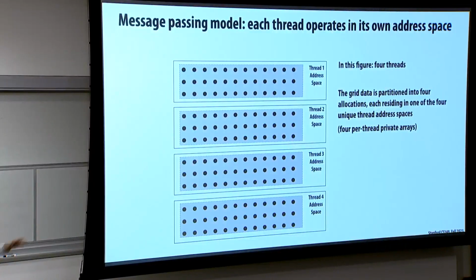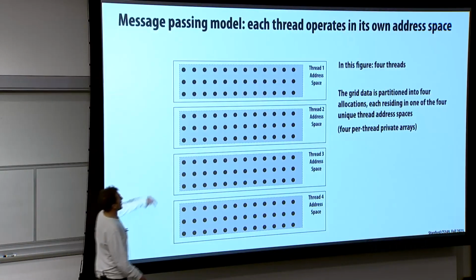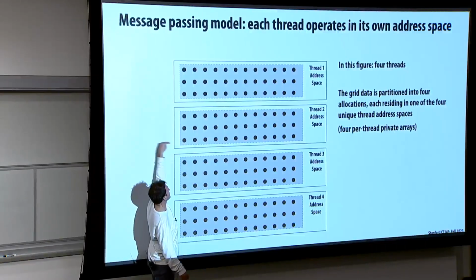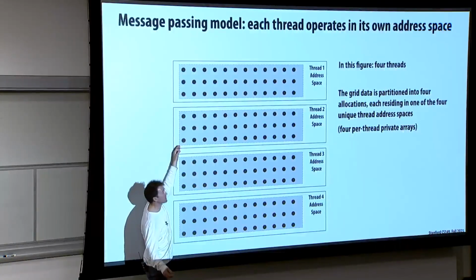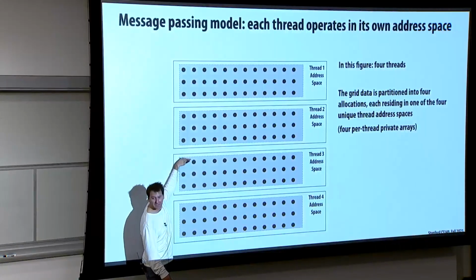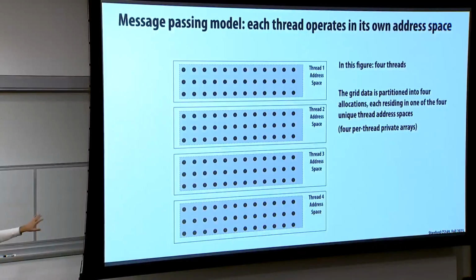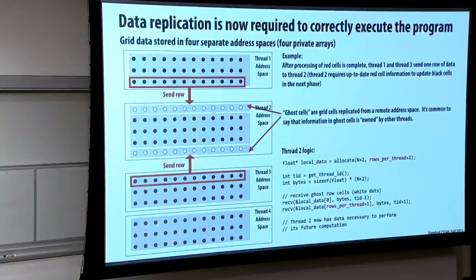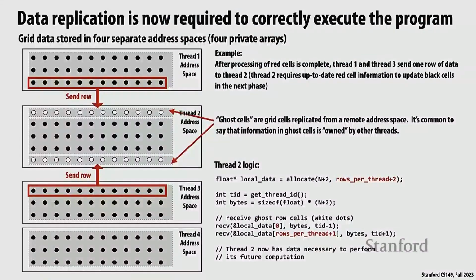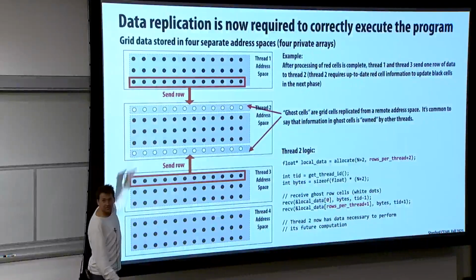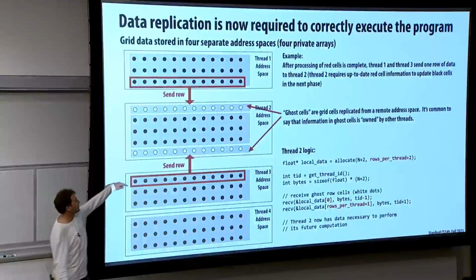All right. So what almost all of these systems in message passing do is they say, well, I need to be able to access this data, but I can't because it's not in my address space. So I'm going to make a copy of it and keep a copy of it here in my address space. So what I'm actually doing now is, on each of the nodes, I'm over-allocating. I'm allocating an extra row above and below my section. And I'm going to need to ask my neighbors to send me via a message the values that I should